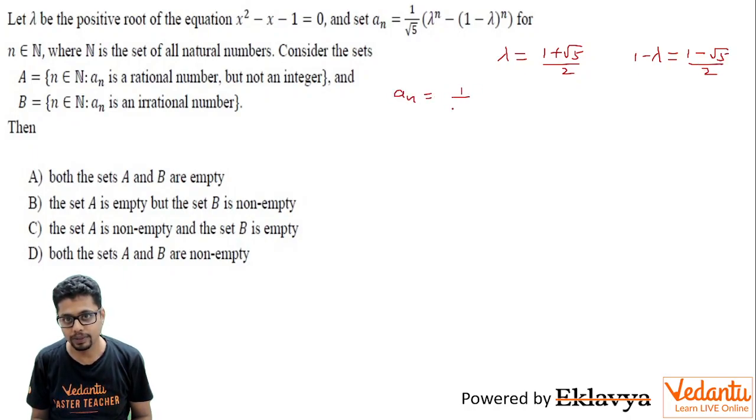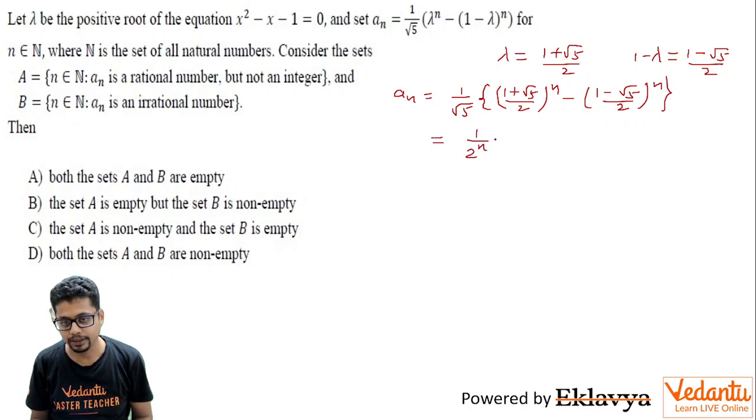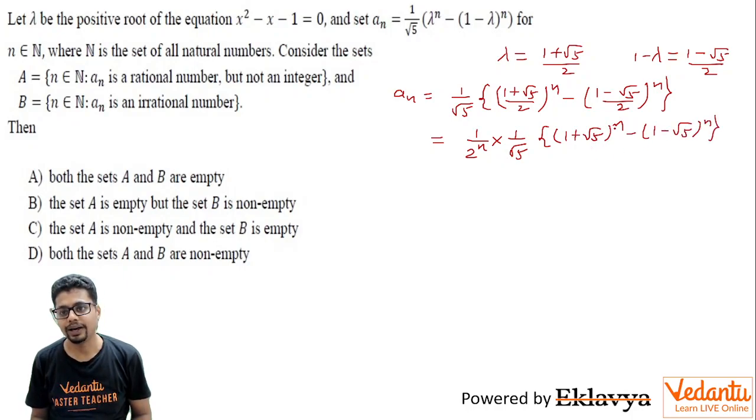An is 1 by root 5 times ((1 plus root 5) by 2) whole to the power n minus ((1 minus root 5) by 2) whole to the power n. So basically it becomes 1 by 2 to the power n multiplied by 1 by root 5 multiplied by (1 plus root 5) whole to the power n minus (1 minus root 5) whole to the power n. Now if n is odd,